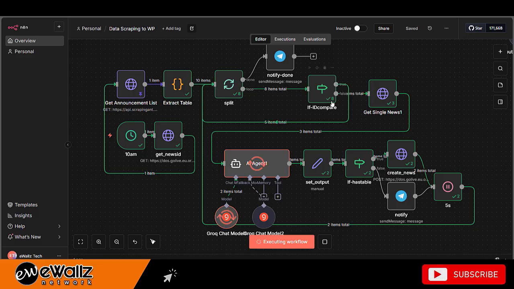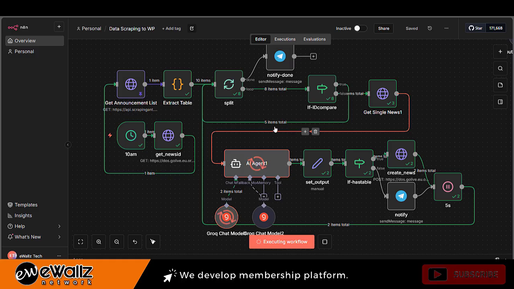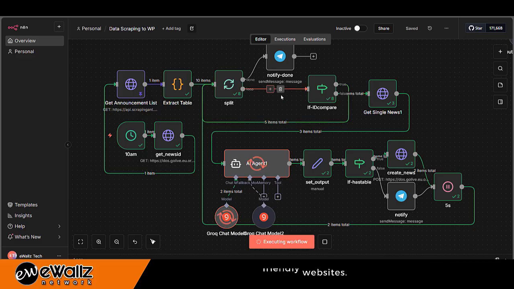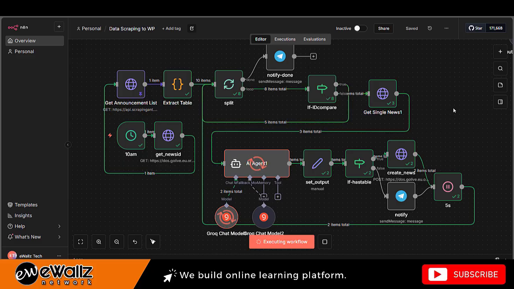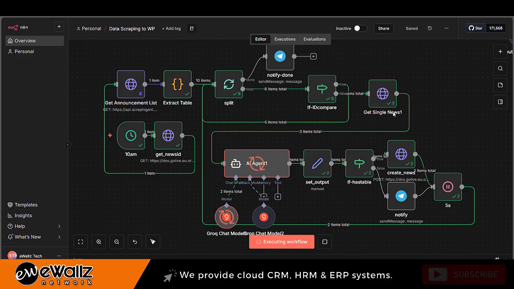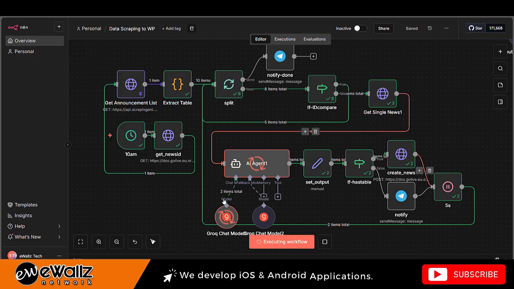So we have total 8 and 5 already. We see here 5 already exist, so we skip it and look to the next news item. From here, currently we are processing 3 items for the new posting, new news.